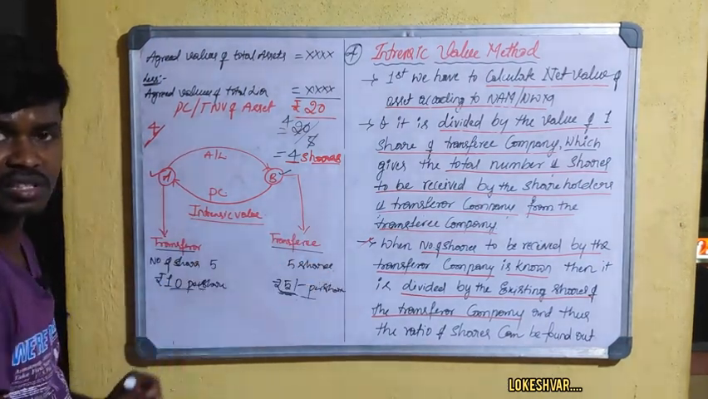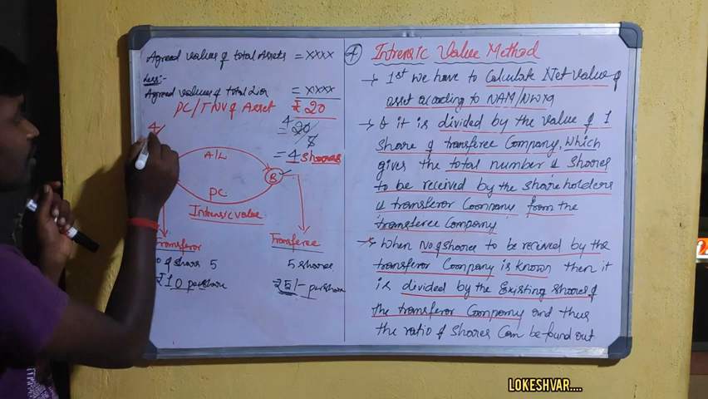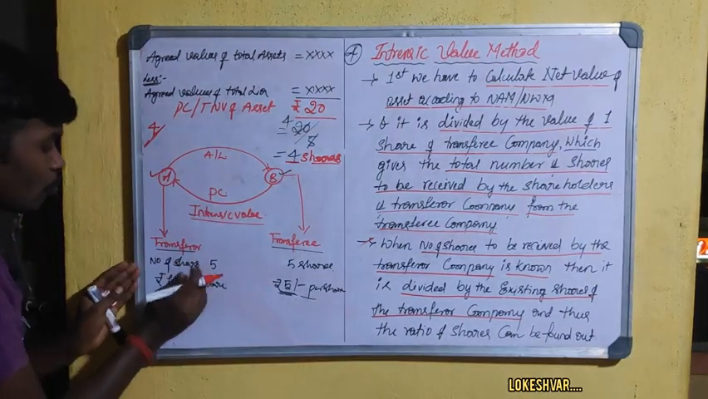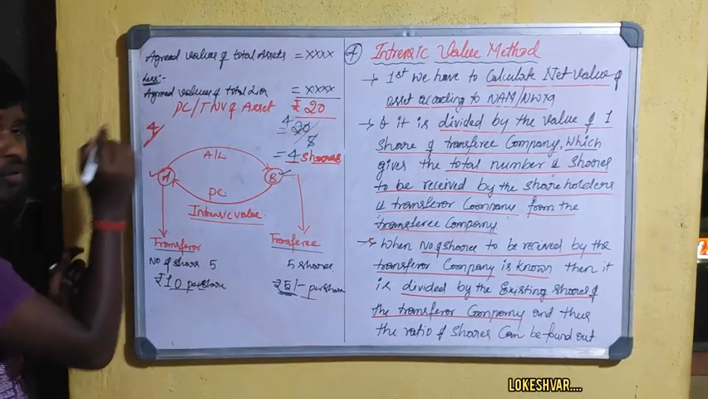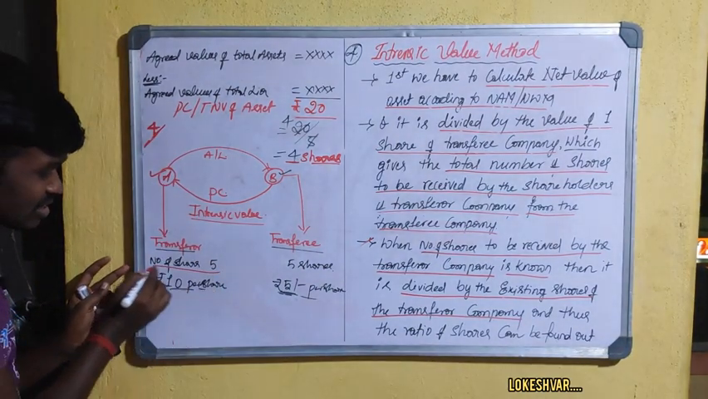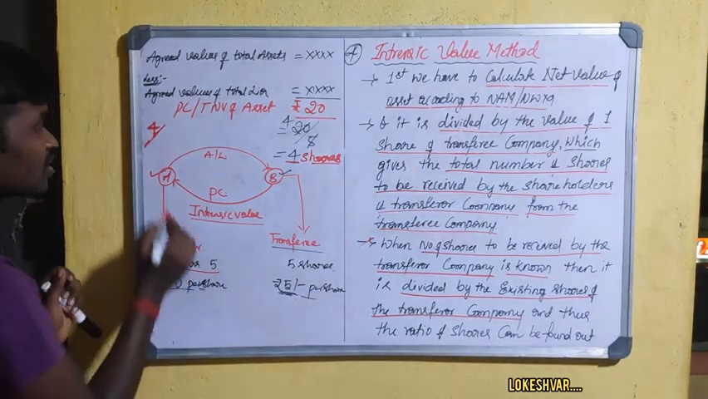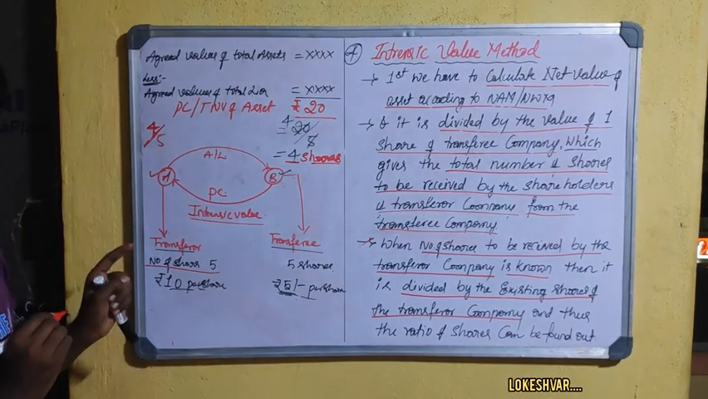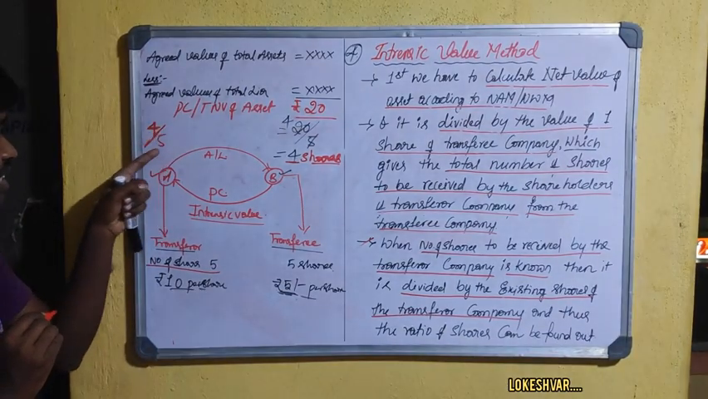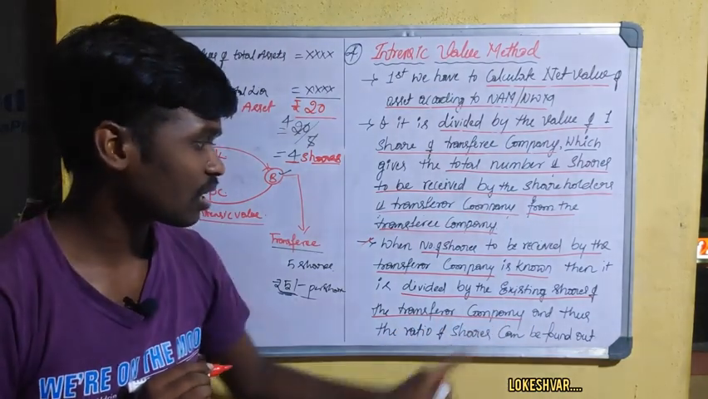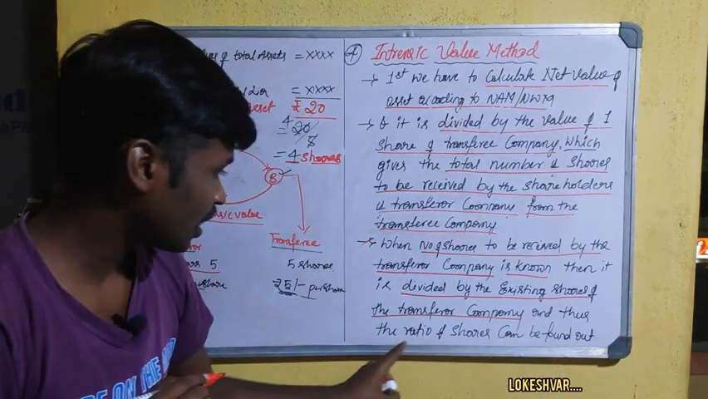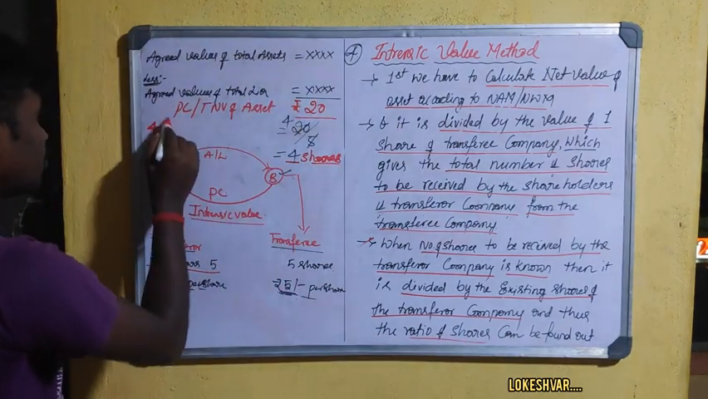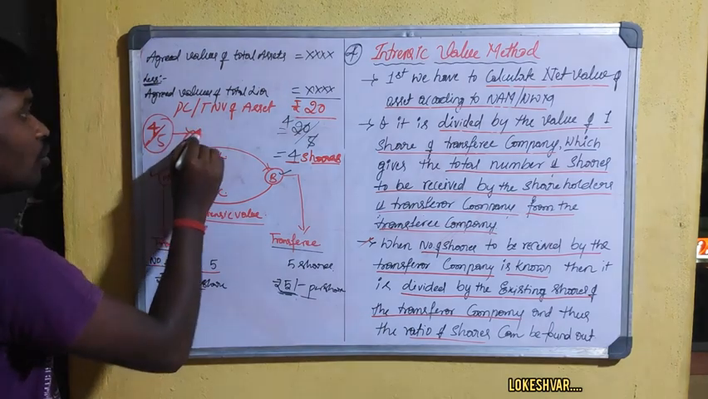In B company, existing shares are also 5 shares. So after calculating these 4 shares, now we have to divide these 4 shares by the existing shares of the transferor company. So what is the existing share? That is 5. Okay. So after dividing the 4 shares by the existing shares of the transferor company, the ratio of shares can be found out. So based on this we have to calculate the